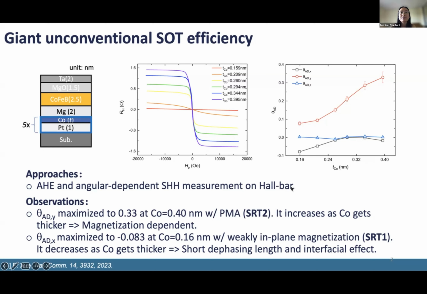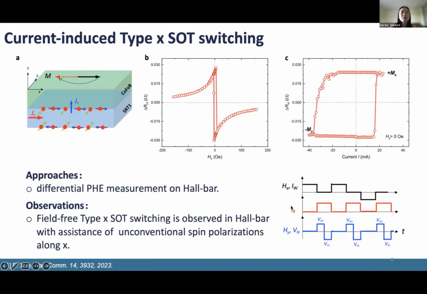Another data point is at 0.16 nanometer, which is weakly in-plane magnetization. And here we found the maximum X spin polarization efficiency, and it also decreases as cobalt gets thicker. So it is kind of a short spin diffusion length and some interfacial effect here. We also use differential planar Hall effect measurement on the Hall bar devices to detect the magnetization switching in the